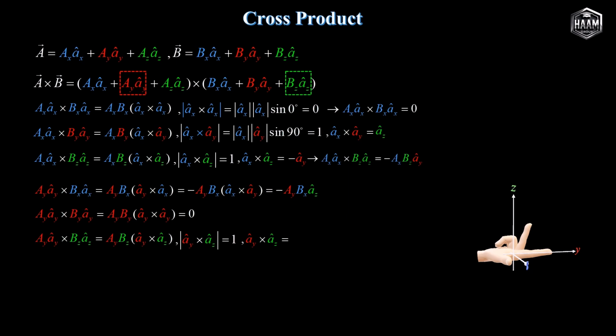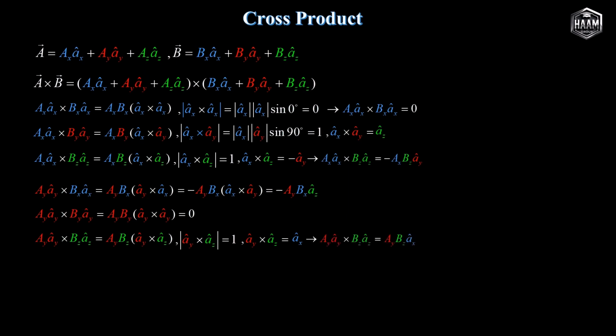The extending thumb points along the positive x-axis. Thus, the cross product evaluates to a sub y b sub z a hat sub x. For the product of the third component with the first, a sub z a hat sub z cross b sub